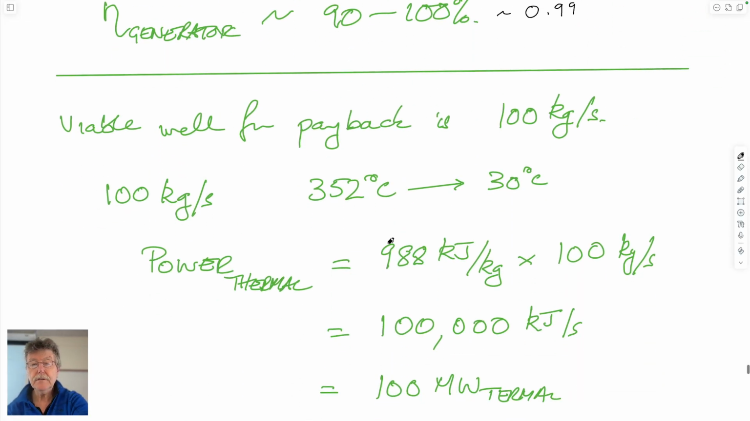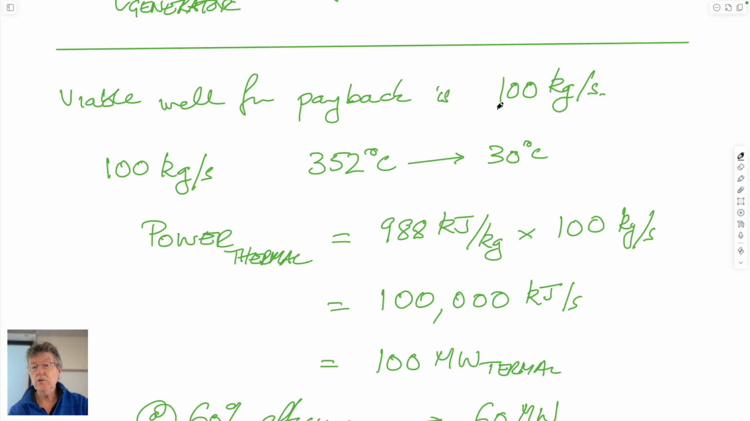So if you assume that we've talked about the payback amount required, a typical value is 100 kilograms a second to be able to pay for the wells in terms of 5 megawatts electrical. That is 100 kilograms a second, maybe at a 100 degrees centigrade differential. Here, if we have 100 kilograms a second at a differential of 320 degrees Kelvin,